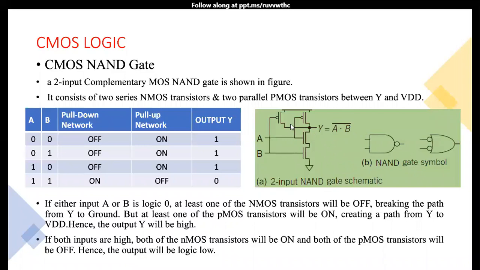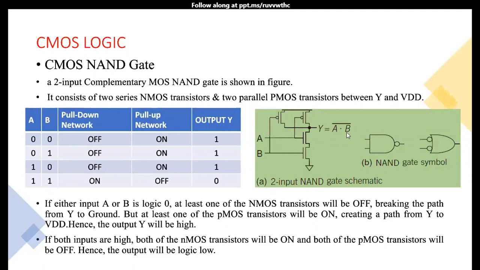For performing a product operation, we need to remember one point here. We need to connect the PMOS transistors in parallel and the NMOS transistors in series. I am taking two PMOS transistors because it is a two input NAND gate. That's why I am taking two PMOS transistors in parallel and two NMOS transistors in series. I am connecting the A input to one of the PMOS transistors and to one of the NMOS transistors. Similarly, I am connecting the B input to this NMOS transistor and this PMOS transistor.